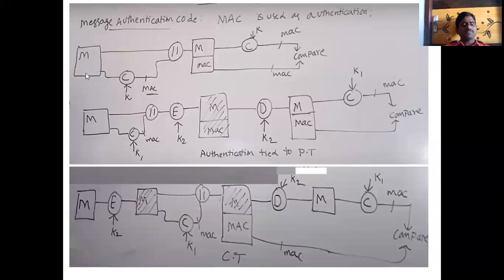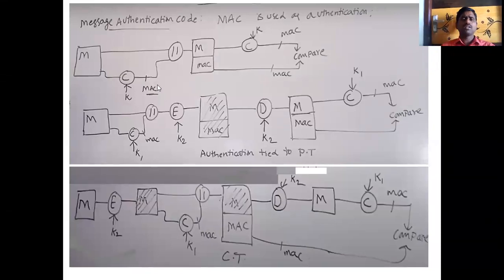Here we are taking the plain text and we are performing the function C. After the function you will get a MAC code. I told you it is like C of M comma K. You are performing the function, and by the function you will get a MAC code.